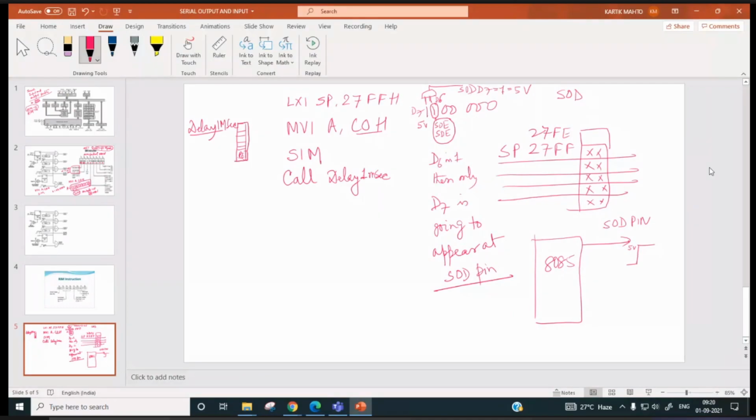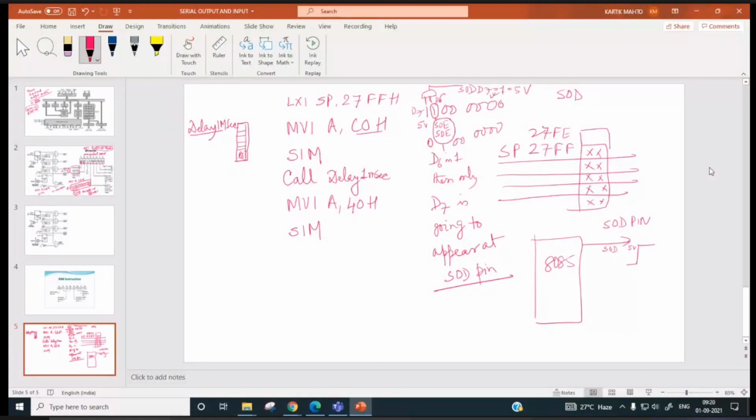Now the next instruction I am writing is MVI A, 40H, then SIM. What will happen over here at the SOD pin? 40 means 0100 0000, so what will be at the D7 pin, the SOD pin?